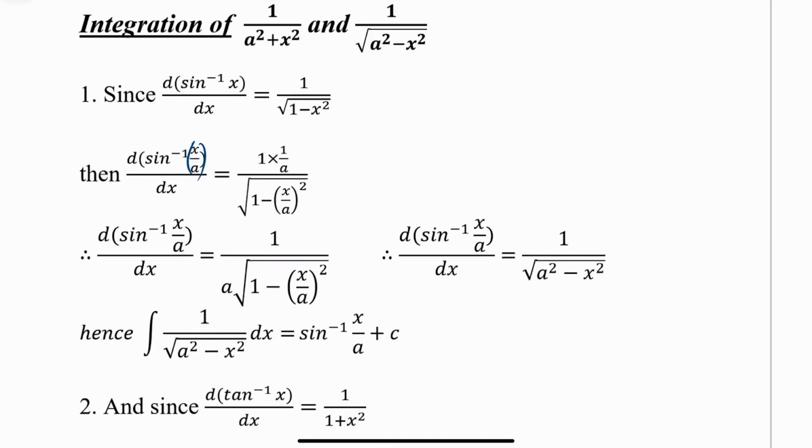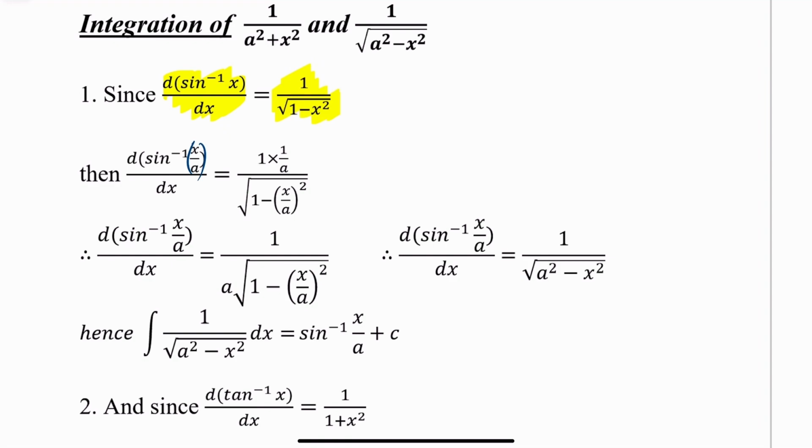Okay, this is our second video on how we integrate and differentiate inverse trig functions. Last video we looked at how we differentiate an inverse trig. So we're going to look at the reverse process of this. So we know from the last video that if you differentiate sine to the minus 1, you get 1 over